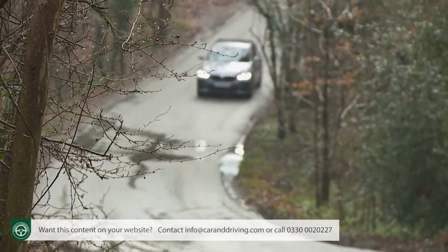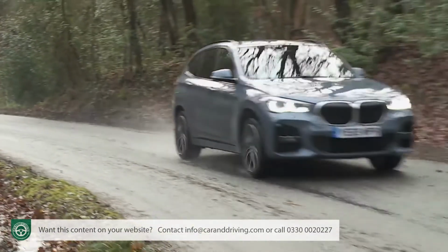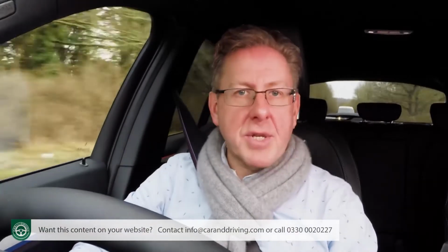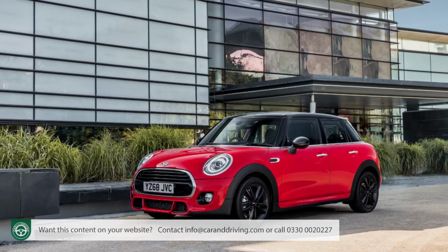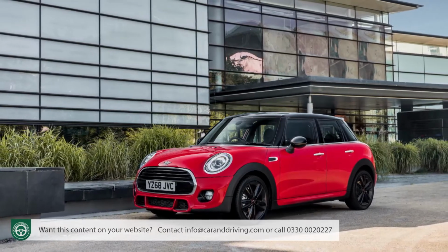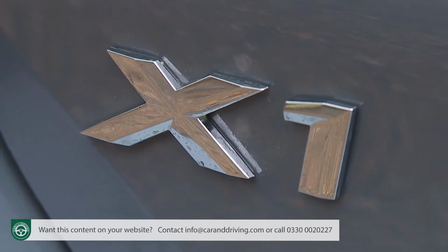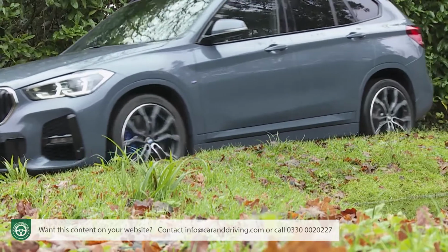Either way, this car will end up being front-driven most of the time, which still sounds odd to be saying about a model from a brand that built its reputation on the joys of rear-wheel drive. That's because the mini-hatch-derived UKL platform this car sits upon demands that approach, and also because where xDrive is employed, it is, as usual, a part-time system that only ever sends traction to the rear when either axle senses